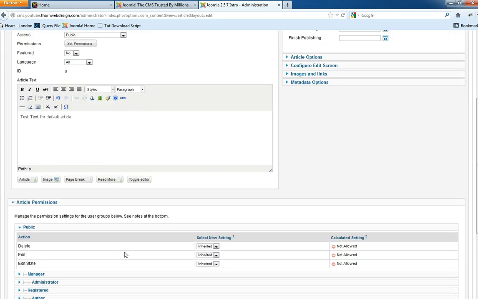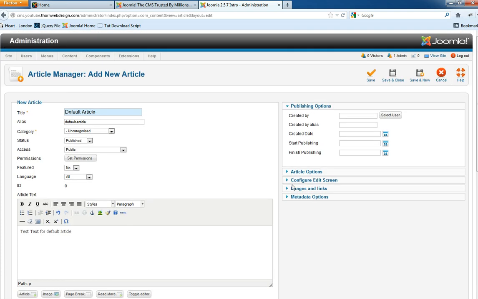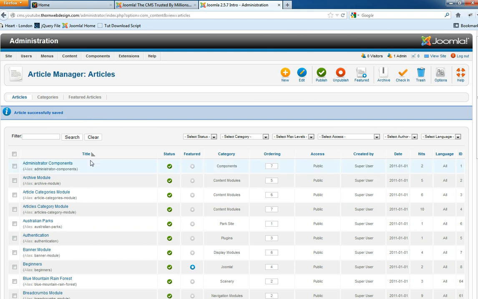Okay, now that's pretty much everything which we need just for the sake of doing this first of all. So we're going to press save and close. That's going to exit out of this, and we need to remember default article. Okay, now just for the sake of being able to find it once again, we said that we put it